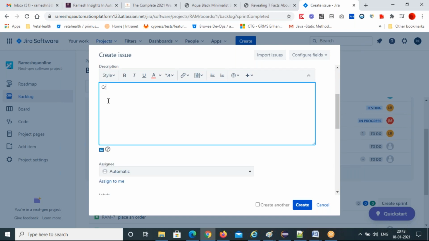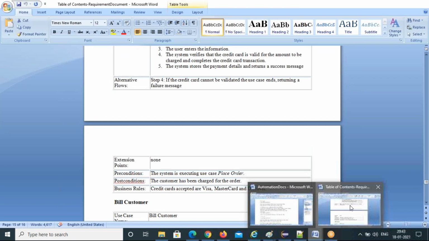So I'll just say create test cases for place an order functionality. Place an order, many are there, right?